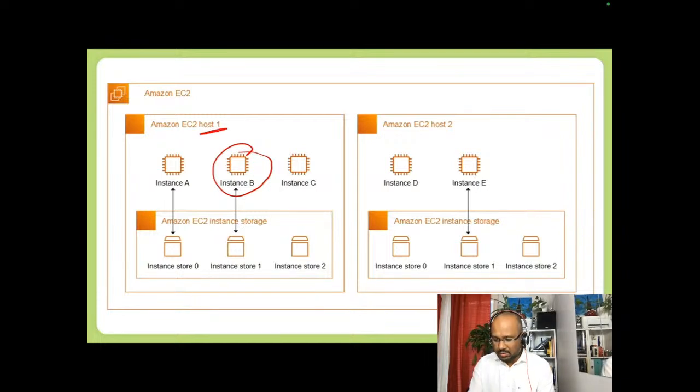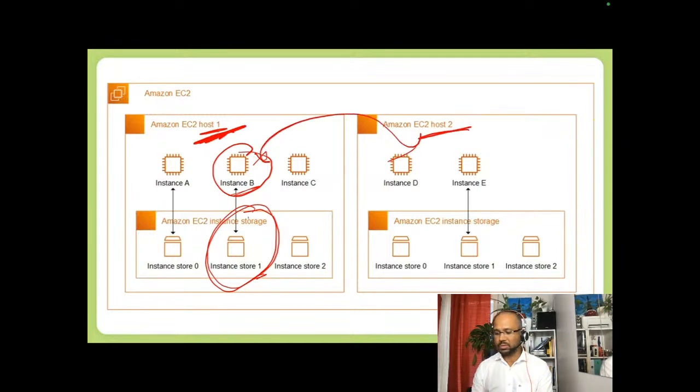So if this is instance B, getting instance storage 1, and for some reason this instance stops, then it will change the host. From this host it will go to another host. And one thing do remember, AWS never tells you and never guarantees you